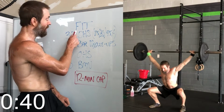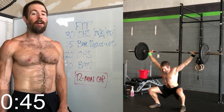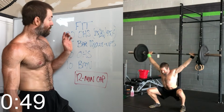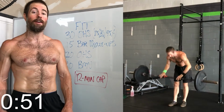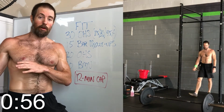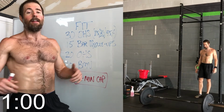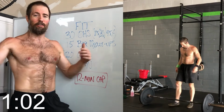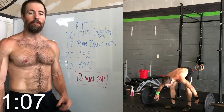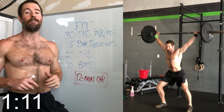So you're going to accumulate that same amount of time overhead, but you're going to accumulate more time in that struggle position without kind of dumping out and working around positions. So if you don't quite have the overhead squat developed, doing stuff like that is going to develop the overhead squat, whereas if you just go too low and let the knees come in, go up on your toes, let your back overextend too much and do all these weird things with your shoulder, we're never going to develop the overhead squat. So we want to develop that good technique deeper, deeper, deeper, and over time,